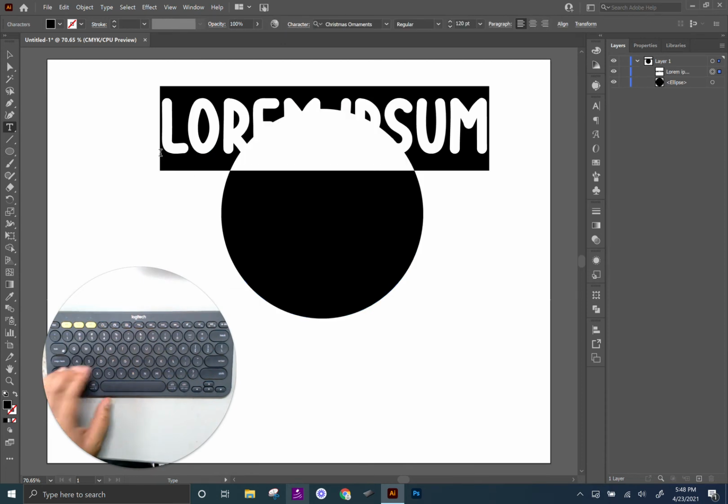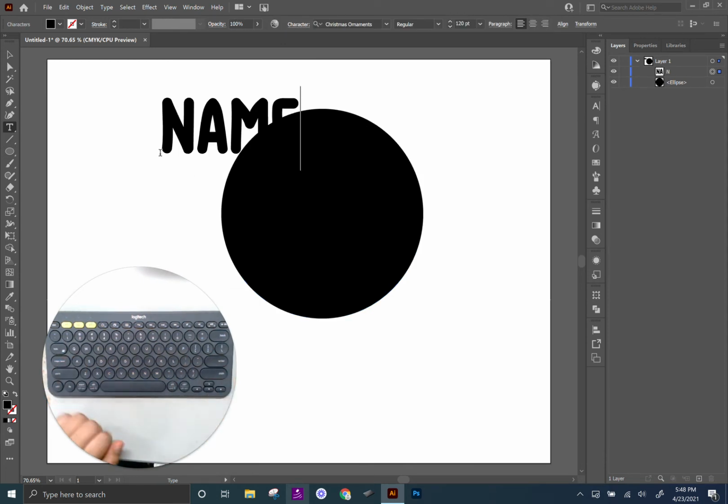I'm going to click once. Let's change my text. I'm just going to say name. Now here, over in the layers panel, you're going to see my name is in front of my ellipse, and I want to switch that. So I can click and drag the ellipse above the name layer,